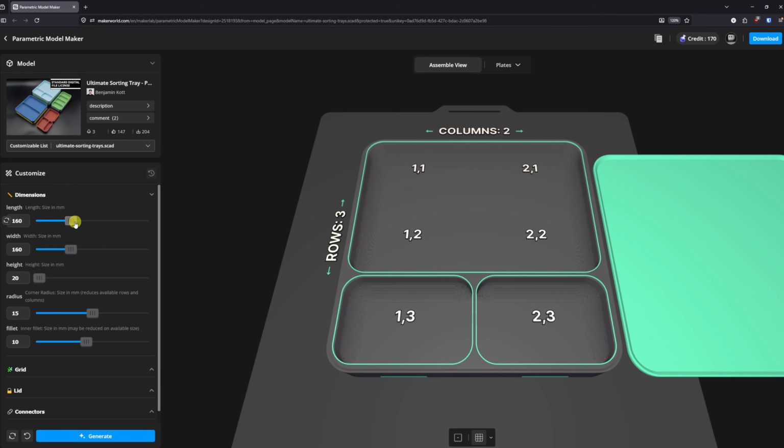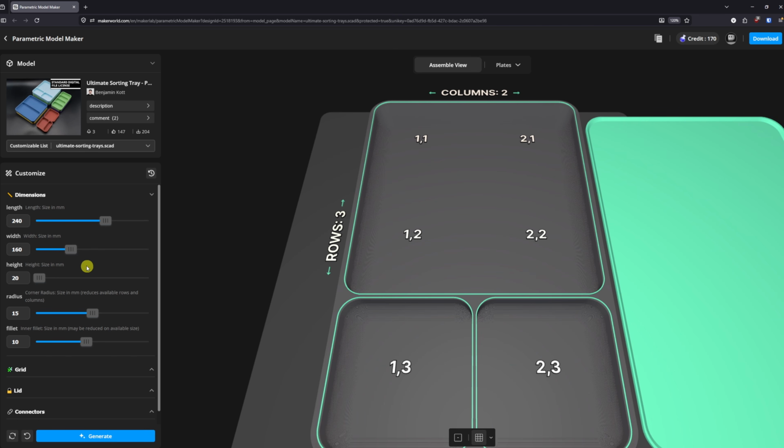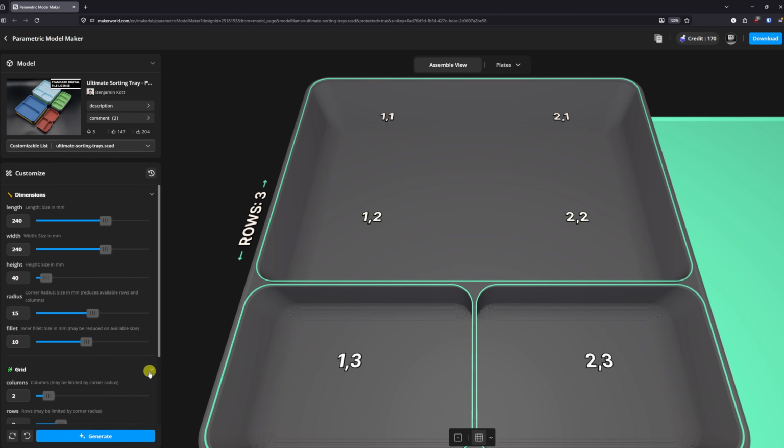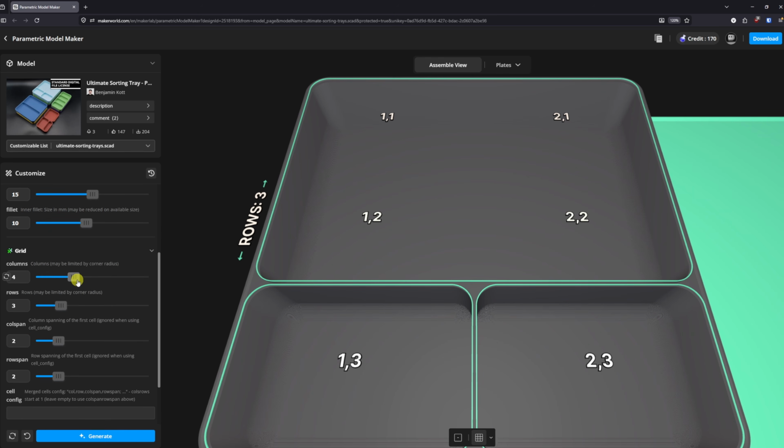Let's start with the dimensions section. We'll set the length and width parameters each to 240 millimeters. After changing each parameter, we can hit the Generate button to preview its effect. We'll set the height to 40 millimeters, which is a little higher than our utensils will be stacked on top of one another. Next, under the Grid section, we'll set columns to 5,